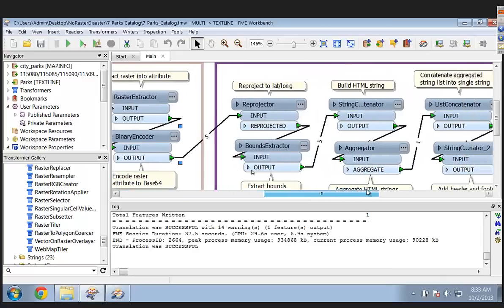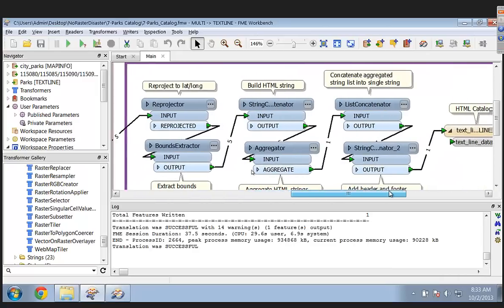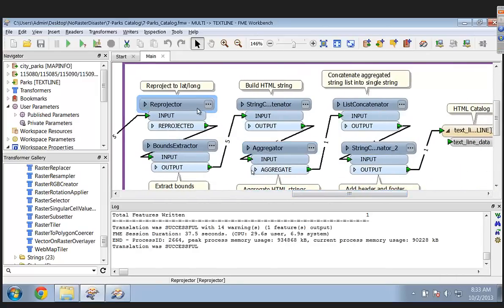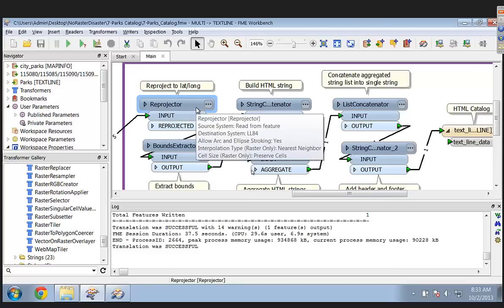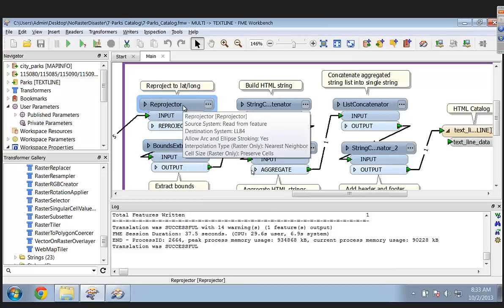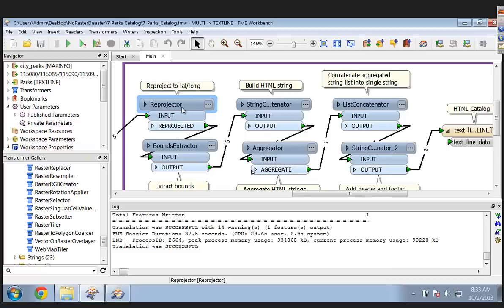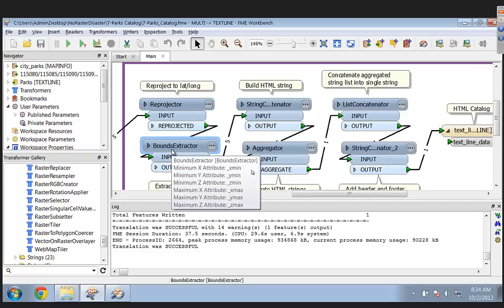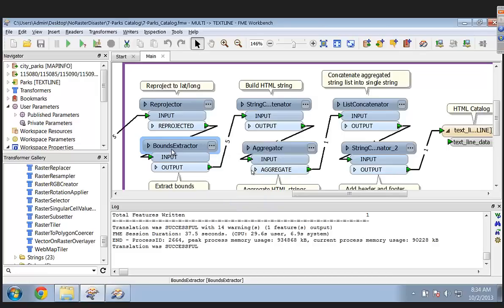Okay, and I should explain that you have the raster in the attribute, but it still has its raster geometry. Yes. So I'm reprojecting that raster geometry to lat long because we want to get the bounds in degrees. And this is an interesting thing because immediately you extract the bounds. The irony is, it appears as though Dave is reprojecting the whole raster. All we're doing is telling that raster, hey, remember that you should be reprojected if we ever need you someday. Exactly. And when the bounds guy comes along, he says, okay, what would be your bounds? And he says, okay, here are the bounds if I would ever have been reprojected. So no work actually took place.